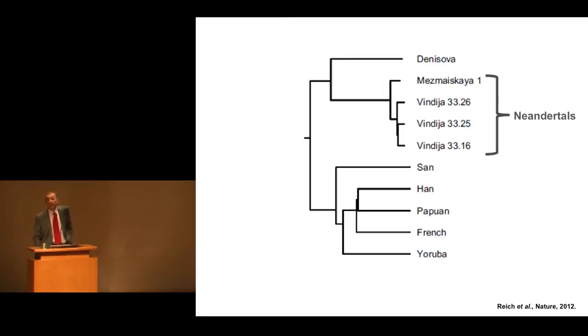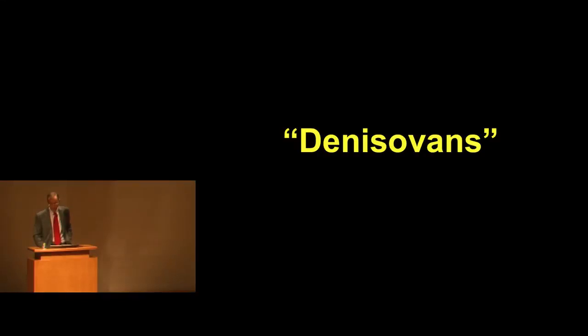And to our big surprise, we found that that individual was not closely related to Neanderthals. It had a common ancestor shared with Neanderthals, but far, far back. So we realized we had found a new type of extinct humans, and after thinking a lot about it, we decided to call them Denisovans. So just like Neanderthals are called Neanderthals after Neanderthal, where they were first found, Denisovans are called Denisovans after Denisova cave, where